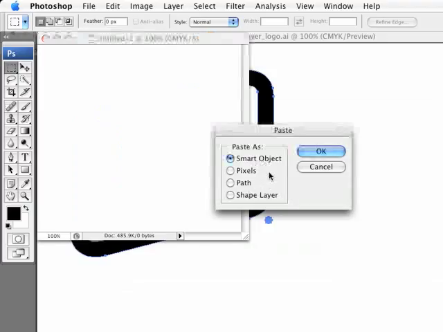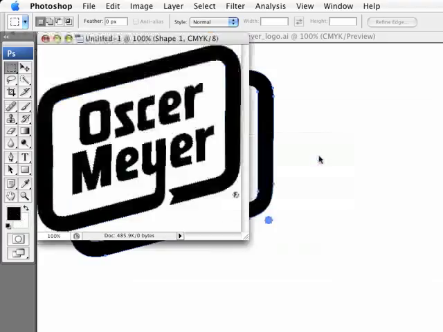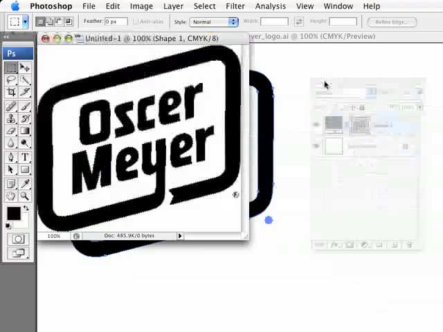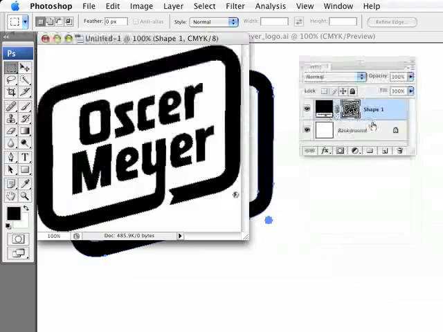Normally, when I'm working with Illustrator and Photoshop, Smart Objects is the best choice, but in this case, we're going to do a shape layer. And I also didn't mention this out loud, but before I hit paste, I just made sure this was black, just so I could see what I was doing and would get better results. So I'll click OK, and if I bring in my layers palette, you can see it has in fact created